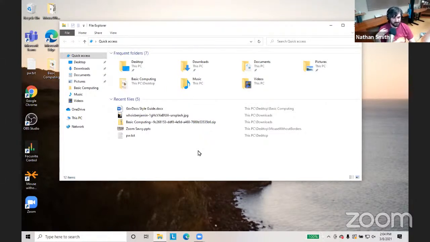There are files that store, say, a song. There are files that are a video. There are files that are a picture. There are files that are a document, like the one that I showed you earlier. There are files that are just basically information that your computer needs in order to work properly.